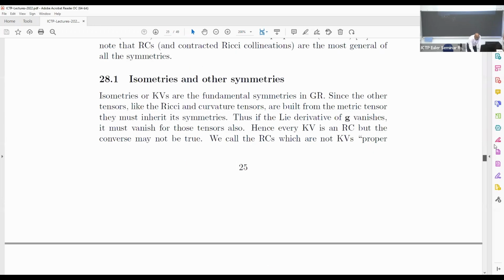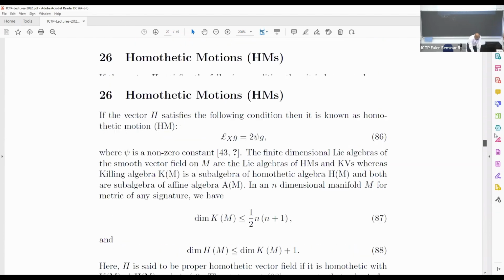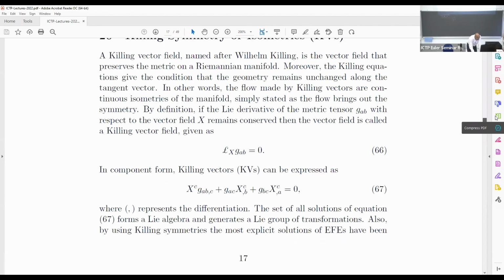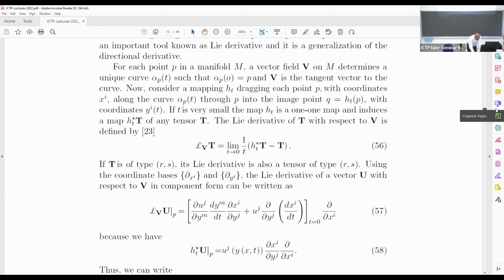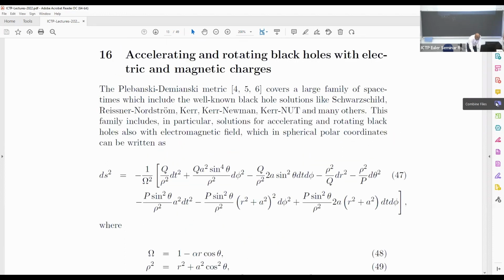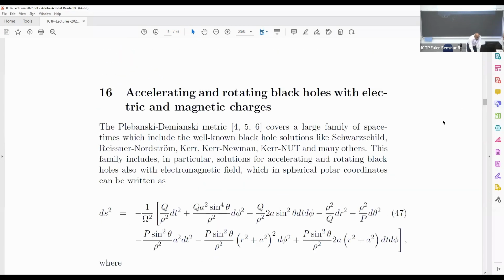I will show another axially symmetric solution, but before going to that, I explained these solutions in some detail,